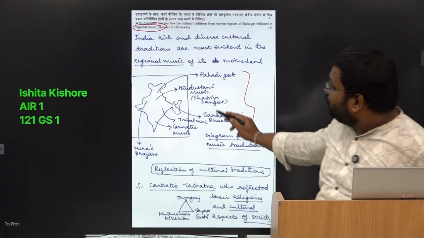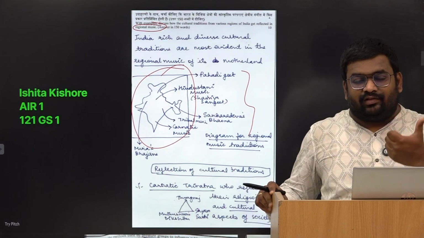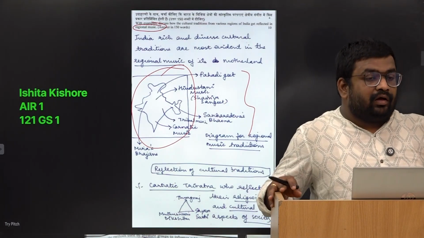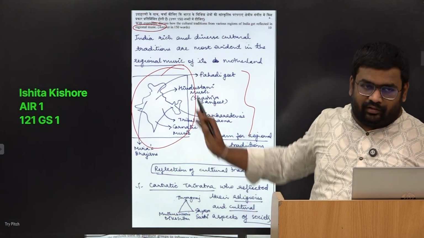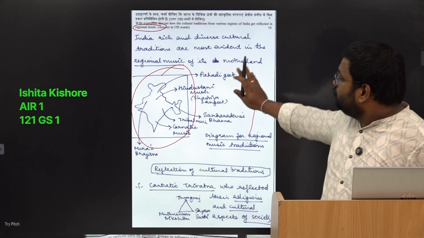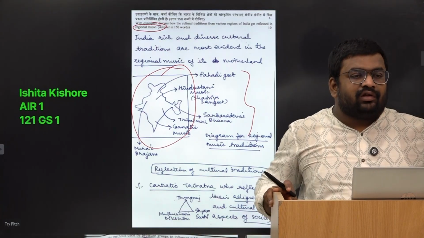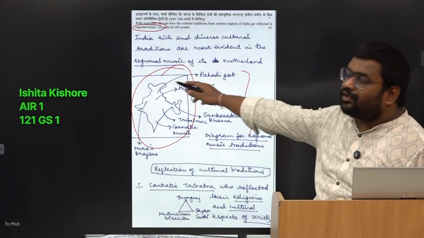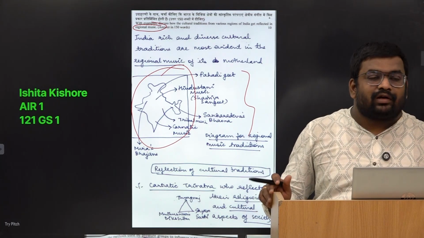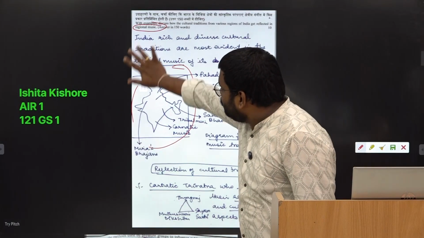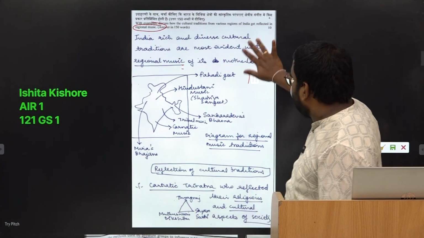This particular map you won't find in any of the standard books. You won't find it in Nitin Singhania, in your NCERT, or in the Tamil Nadu book. In any book you won't find it. But in all the books, you will find the content on regional music. You know the regions, you know their regional traditions. Based upon that, you can simply bring out your creativity and draw a map, right? So in art and culture, it is most important that whatever theme you are preparing,